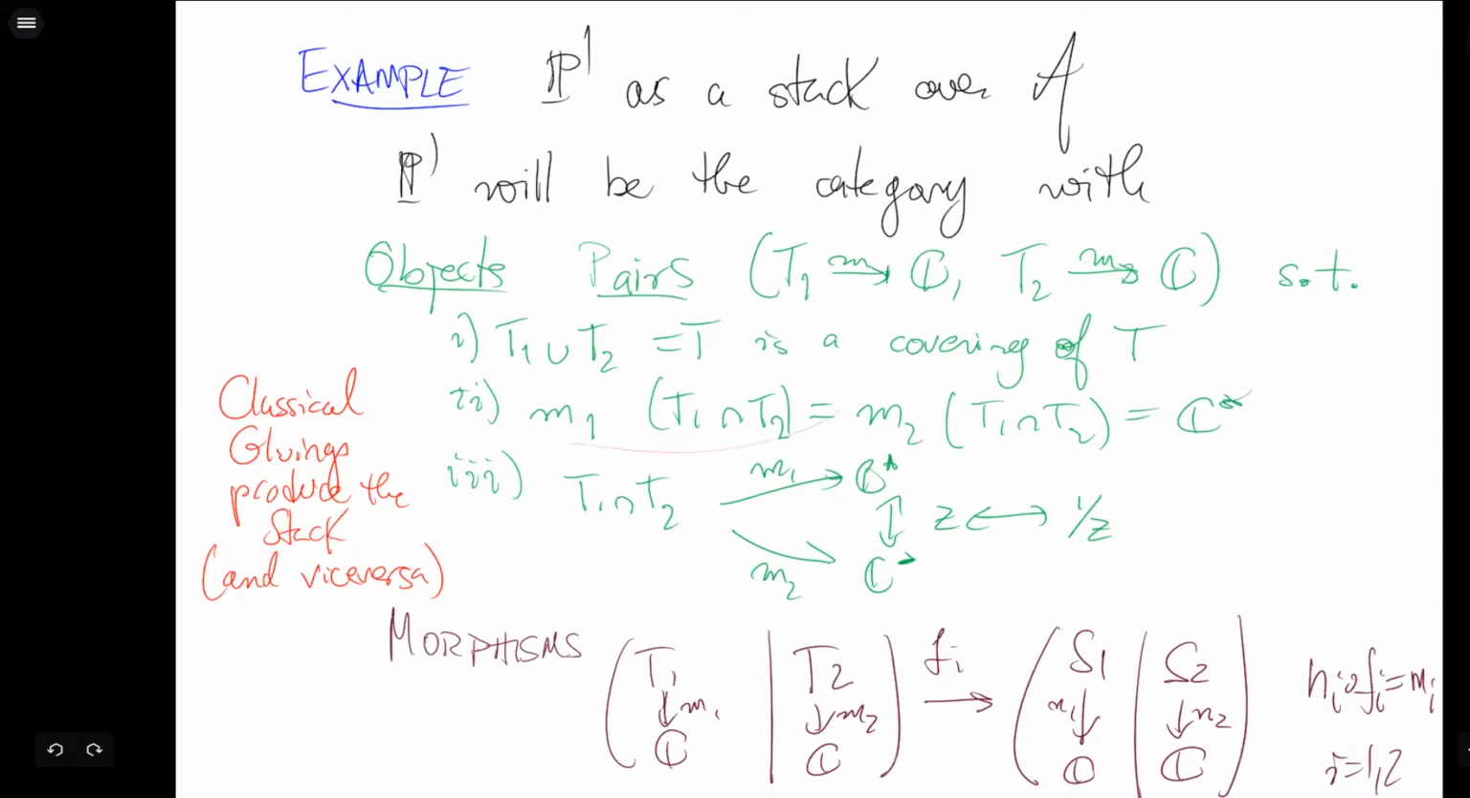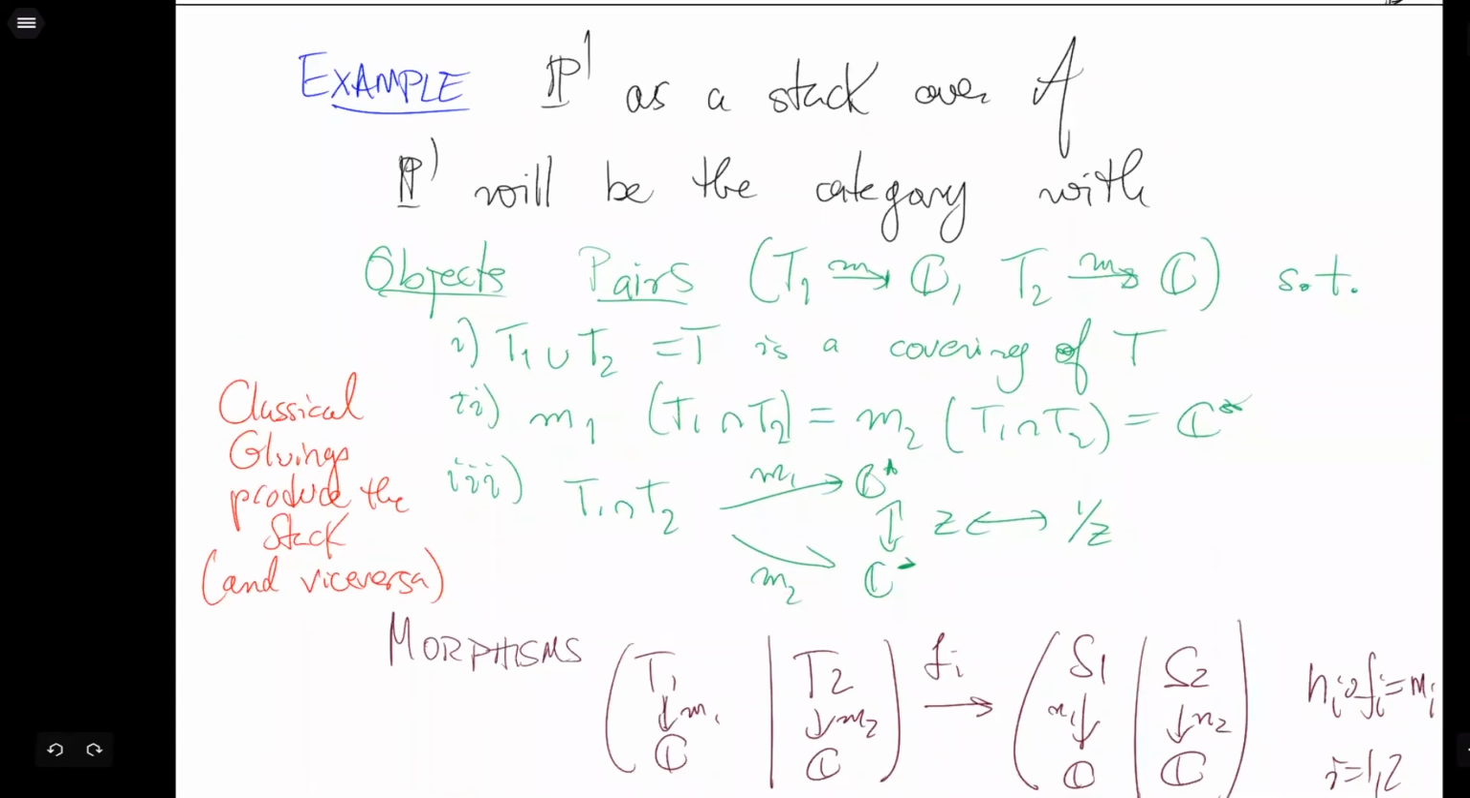So the M1 of the intersection and M1 of the intersection is C star. And we have this descent condition that is just the glued map of the classical toric variety. And the morphisms are what you would think they are. Well, of course, it is a little bit